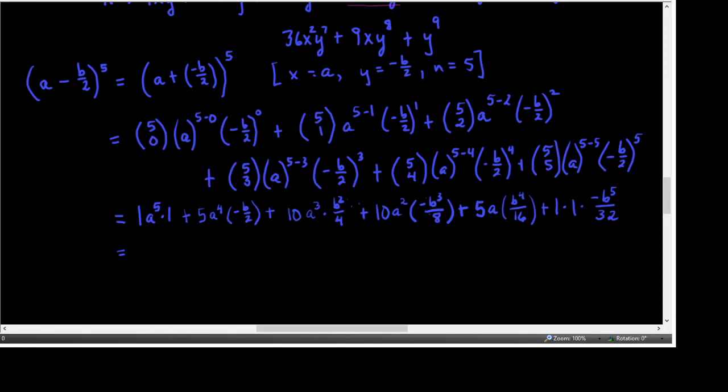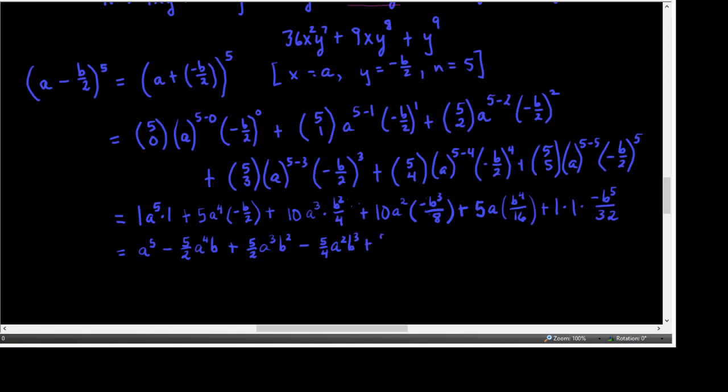Okay, so I think this is the last line. Simplifying, that's a to the 5th minus 5 over 2. Notice I'm pulling the numerical part out in front. a to the 4th b plus 10 over 4 is 5 halves. Just pull that 4 out in front. a cubed b squared minus 10 over 8 is 5 fourths. a squared b cubed